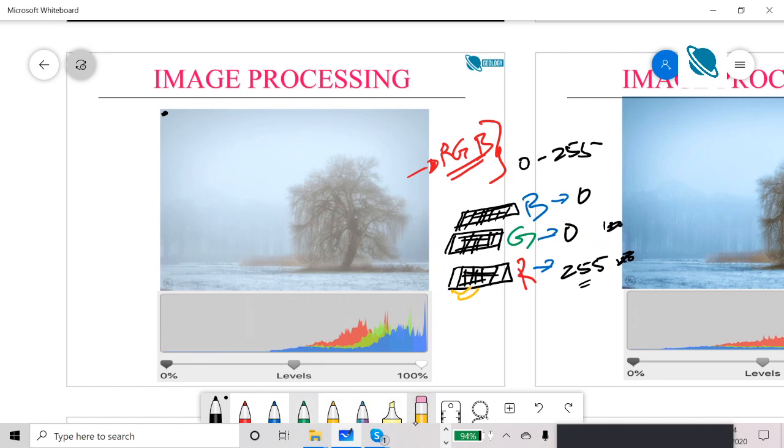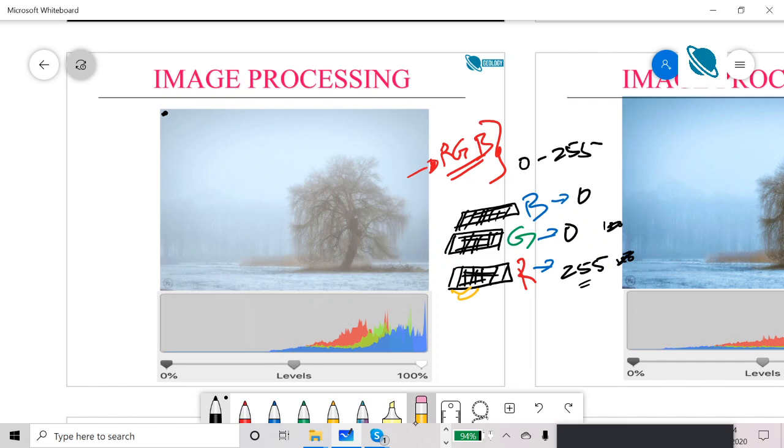Now one thing you notice in this image is that there is nothing in this region. There are very few pixels in the image which are dark in color. Everything is illuminated. Even here you have some brightness values, so nothing is dark as such in this image. That is why this image has very low contrast and is not good.